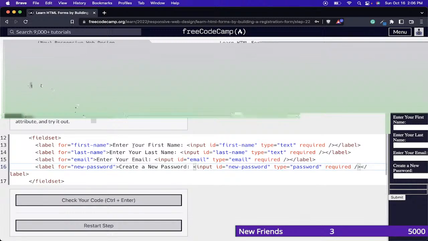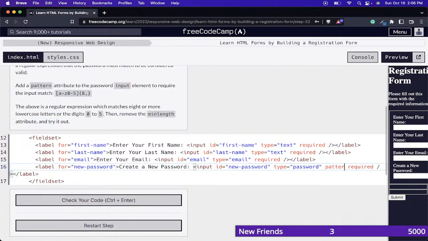Okay, so add a pattern attribute. This one's a newer one for me. I'm not sure I knew this was available, and that sounds pretty cool. So we're able to give this a regular expression, which, if you're not familiar, you can look it up. I'm pretty sure there are plenty of videos on regular expressions. It's kind of what is utilized for finding a word on a page. With regular expressions, it's a little more powerful. You're able to give it